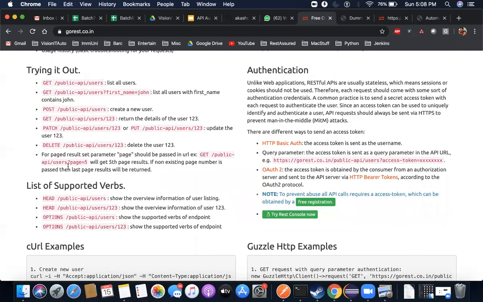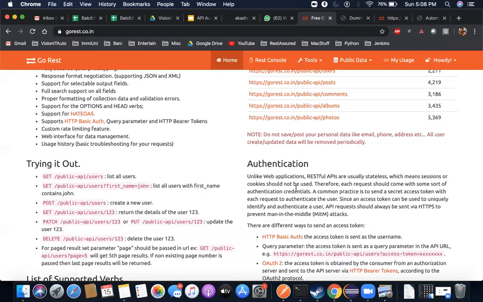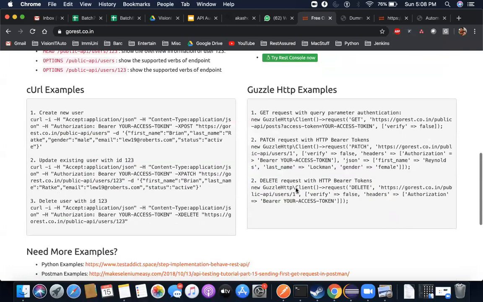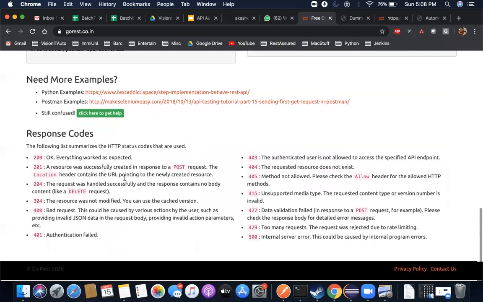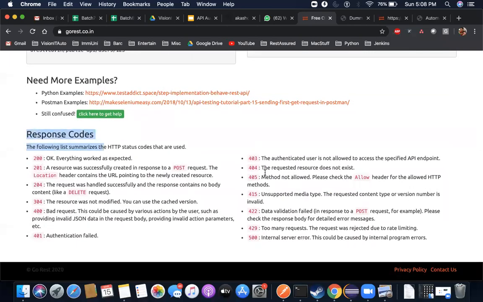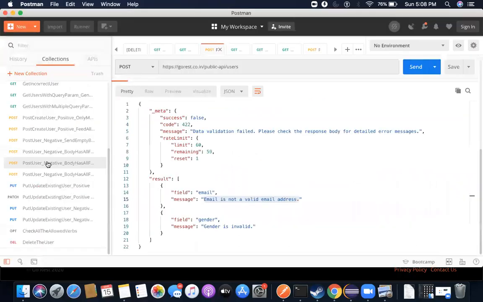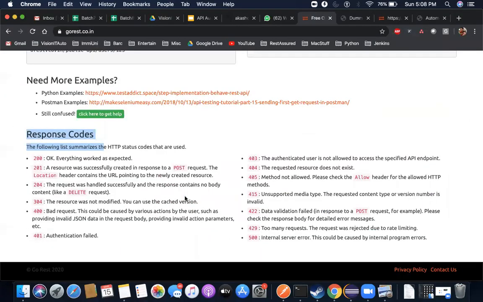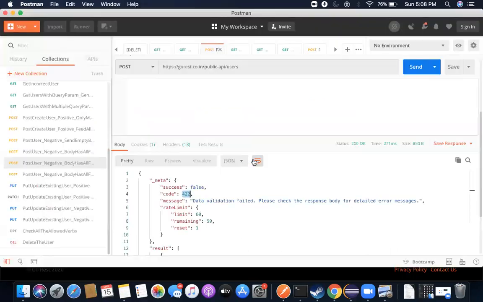So there are options, head, different authentication. What are the authentication methods here? All that information will be present. And here it's telling you response codes. You see, there were response codes for negative test cases. For example, the response code here is 422. What does it mean? 422 means data validation failed. Please check the response body for detailed error message. So it is telling us what this message means. 403: the authenticated user is not allowed to access the specified API endpoint. Let's see if we are getting this for